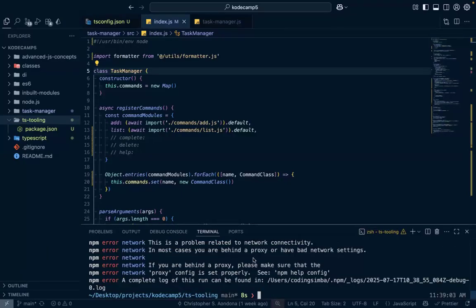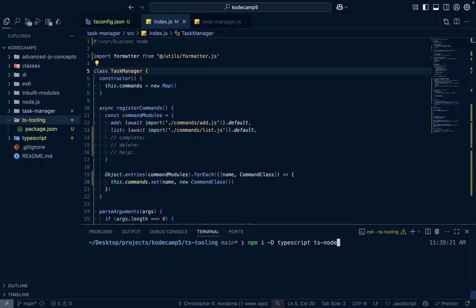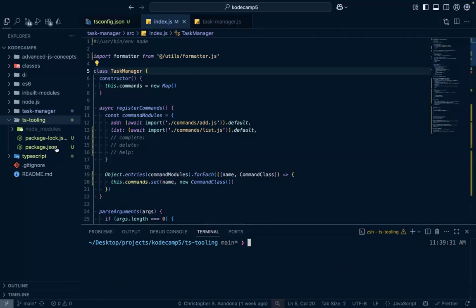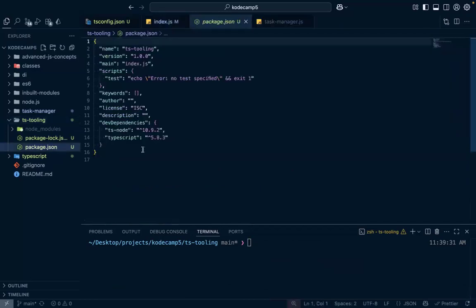Okay, so what just happened? You are telling me that if I am behind the proxy, let's do this one. npm i -D typescript ts-node. Okay, so maybe it was due to network. So we have our development dependencies here. We have ts-node version 10.9.2 and we have TypeScript. Okay, so now